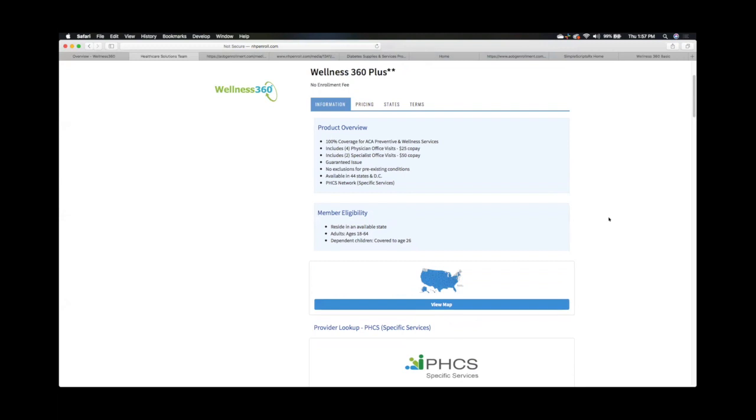But it can be added to, like I said before, you sell maybe a short-term medical plan, right? Short-term medical plans don't have wellness benefits. Or a lot of the times they don't even have doctor visit benefit, right? You might sell a high deductible short-term medical plan option with a $10,000 deductible, and there's no daily living benefits. So you would want to add the Wellness 360 Basic or Plus to that to provide them with a little bit of a,